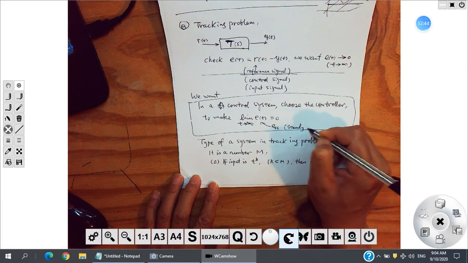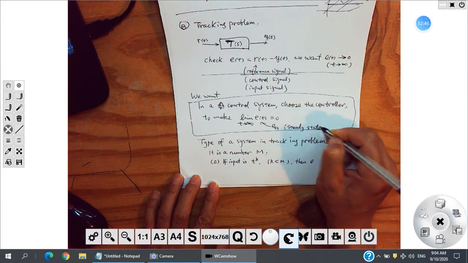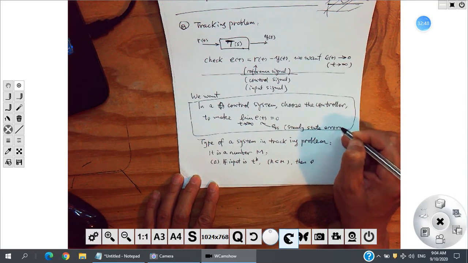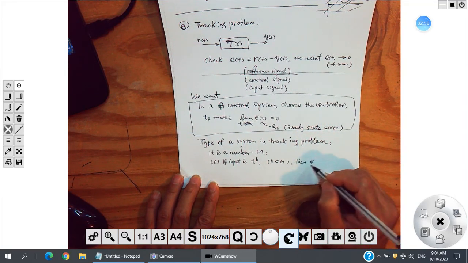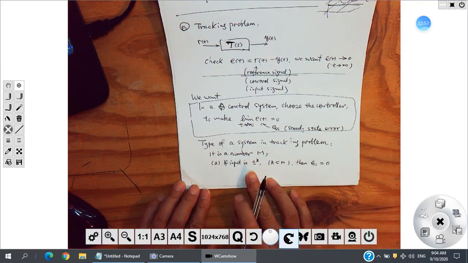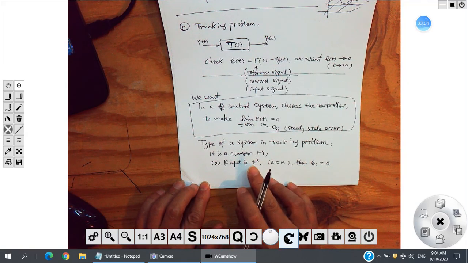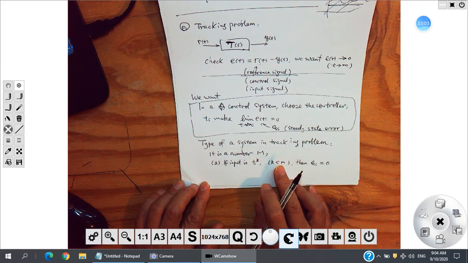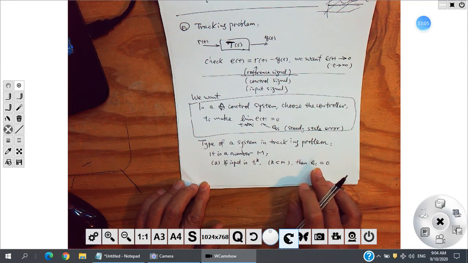Then the steady state error equals 0. So you give an input. If the input is a polynomial with order smaller than m, then the steady state error is 0. And B,